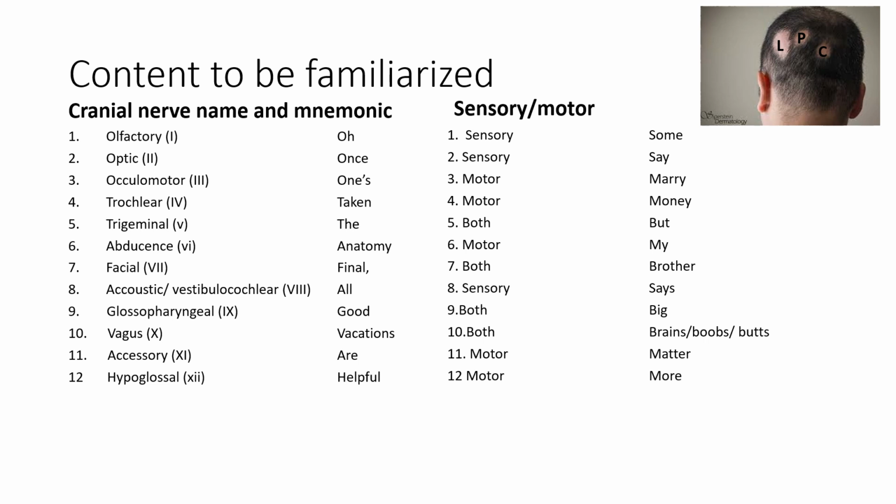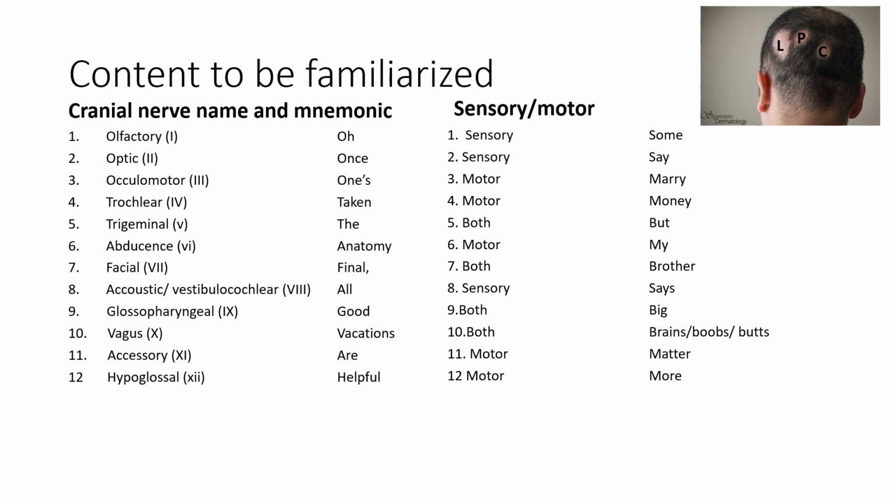Then we've got the glossopharyngeal, so by now everyone should know where the pharynx is located. So the top part, glossopharyngeal, so glosso referring to the tongue, and then pharyngeal, so that gives us an indication of where this nerve is going to act on, and this is also a mixed cranial nerve.